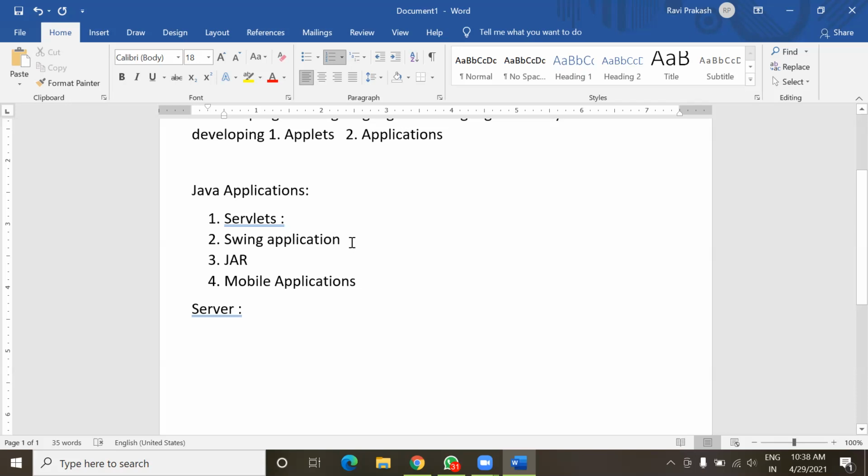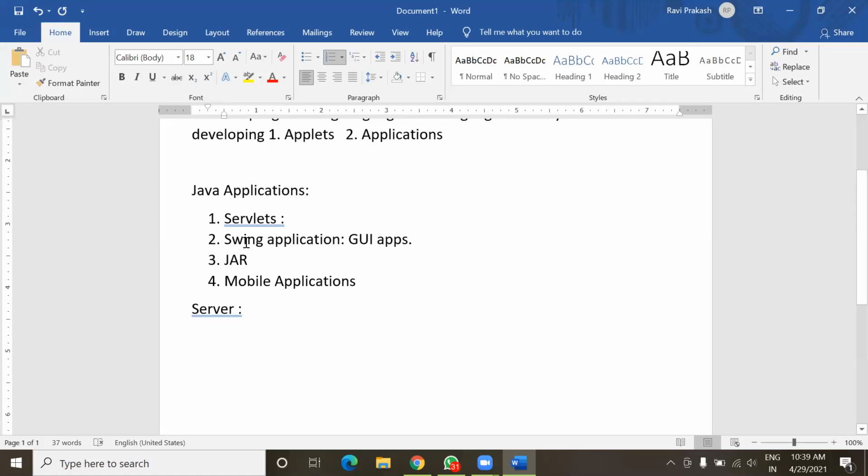Okay. Next is Swing application. So Swing application in Java means simply GUI apps. GUI apps in Java can be developed using Swing. Actually, Swing is name of an API. I'll explain what is API in next or any other class.